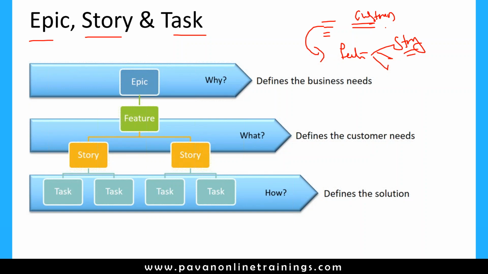For example, let's say one epic is there: as a user, I want to use an online banking application. That is an epic, a very big requirement, right? If a user wants to use an online banking application, there are so many functionalities and scenarios to be covered. Inside that particular epic, if I divide it into multiple pieces, as a user,